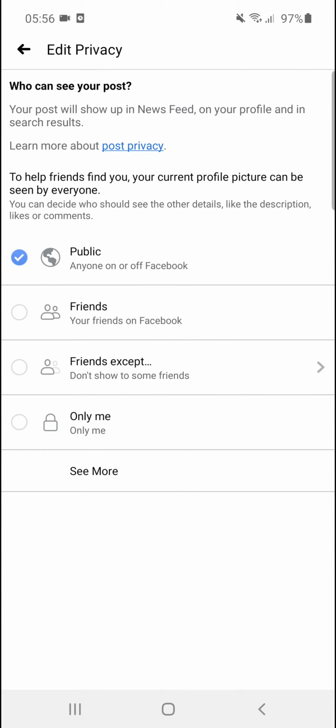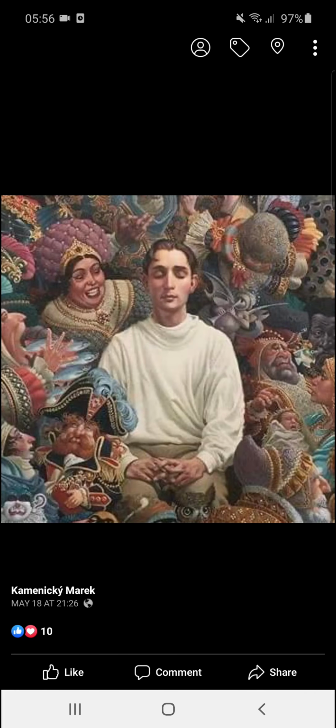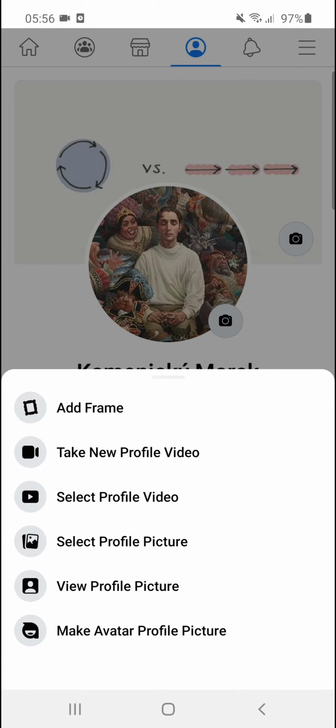Right here you have all the options to go public, friends except, only me, or you can go see more and specific friends, so like only specific people are going to see it. So that's pretty much it, how you do it. Again, right click on it,